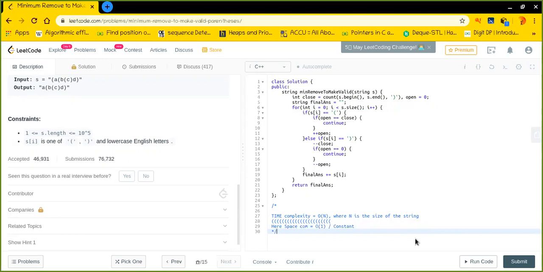And as it was asked by Facebook, you need to be very attentive and very focused on this particular question, how it works and how the logic works. Because this type of companies do not only see whether you solve the question or not. What they are actually looking for is how you solve it. So the approach and your thinking ability should be very sharp.